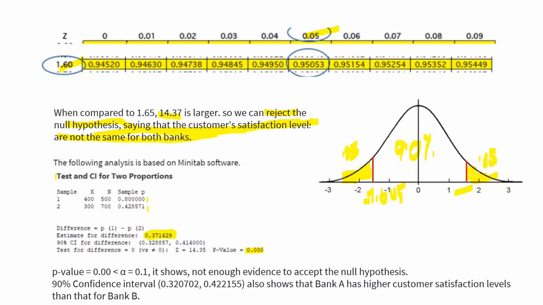The confidence interval is also found using the software. The estimated difference is between 0.328 and 0.414. That is the confidence interval in which the difference in satisfaction between both the banks is likely